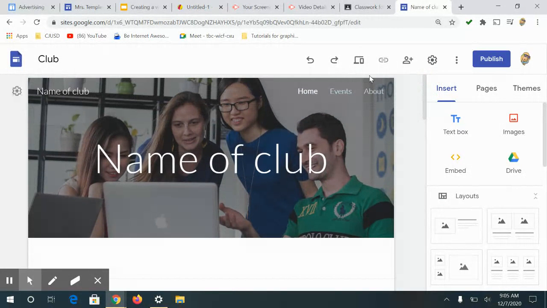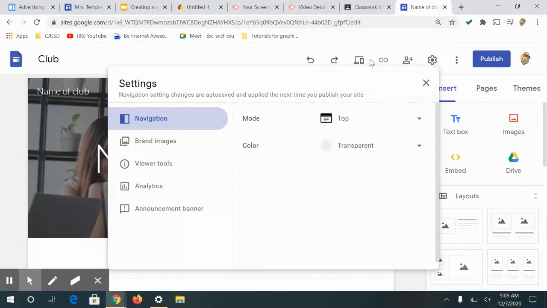So up here, we have our undo button, our redo button, our preview. When we're done and we've published our site, we have a link that we can copy. We can share it with others. You can have people help you and collaborate on your website if you want to. And then there's some other settings here, such as your navigation. So if you click on settings, you want your navigation to be on the top, which is the default setting. You can change it to the side, but I want you guys to have it on the top for this